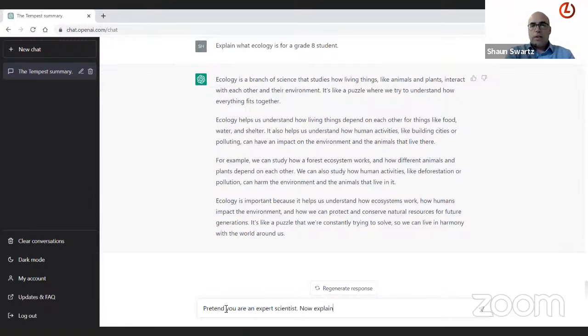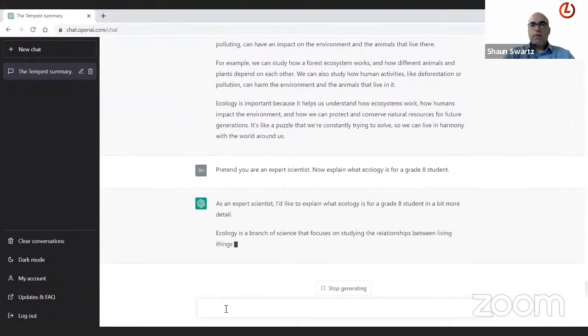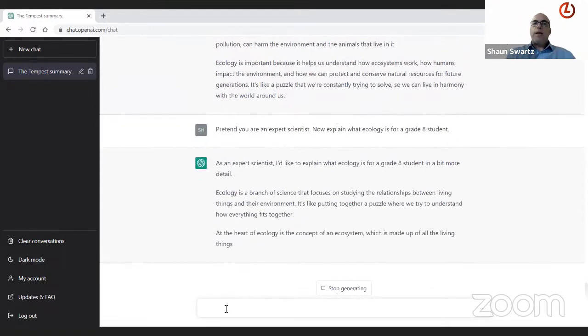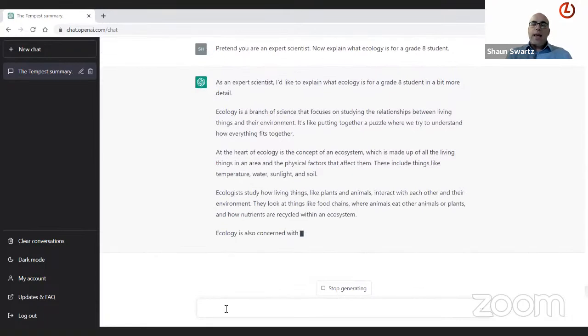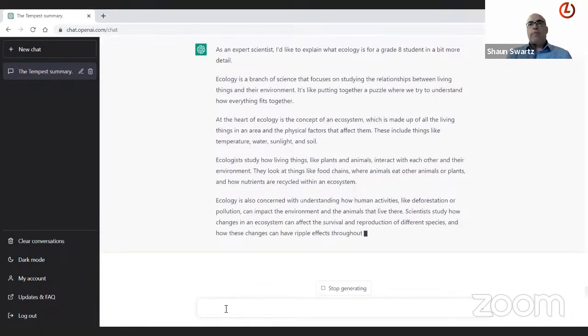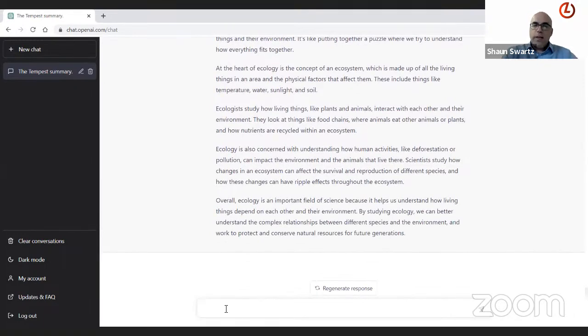Now, explain what ecology is for a grade 8 student. And it will explain it in a different way. And this is all about the context and adding more and more context into information that you are looking to generate. And you can see it's really quick and easy to do this, and it works really well.